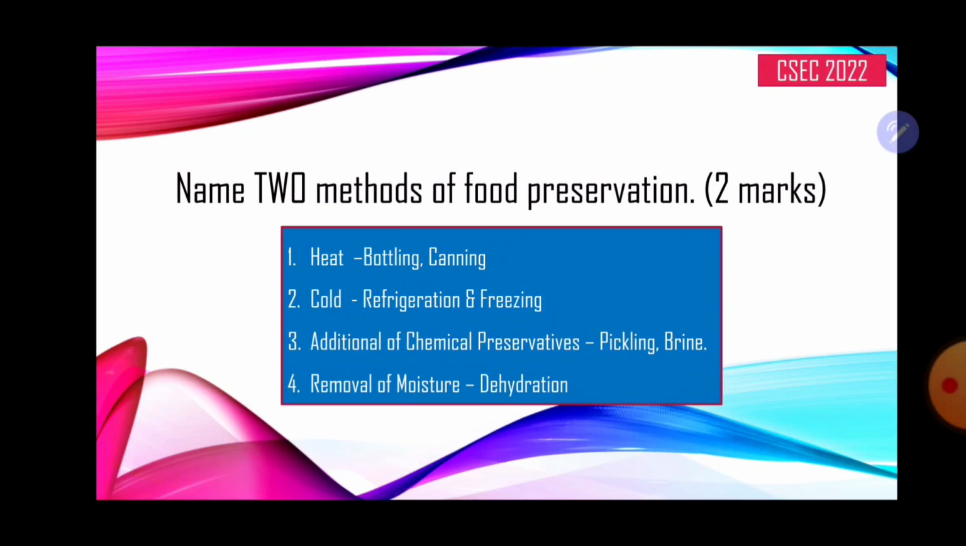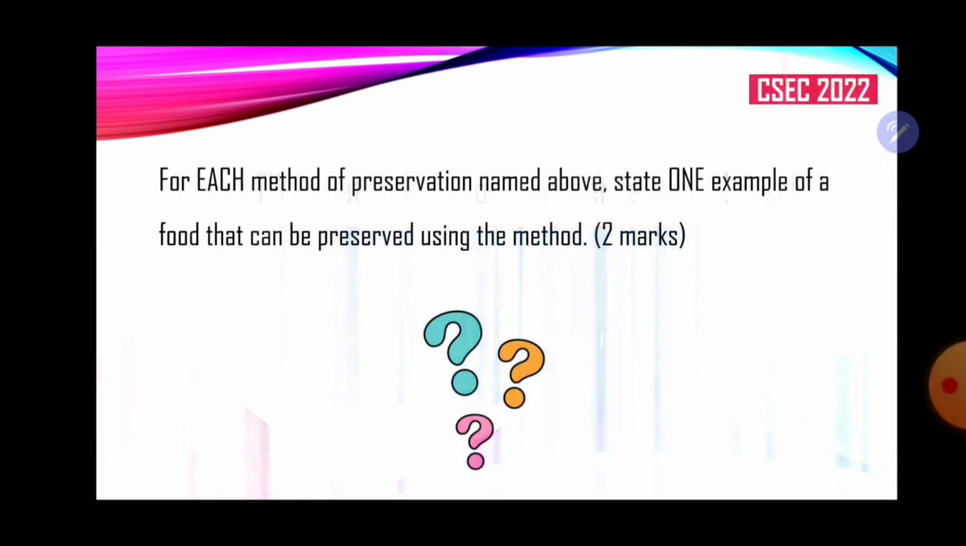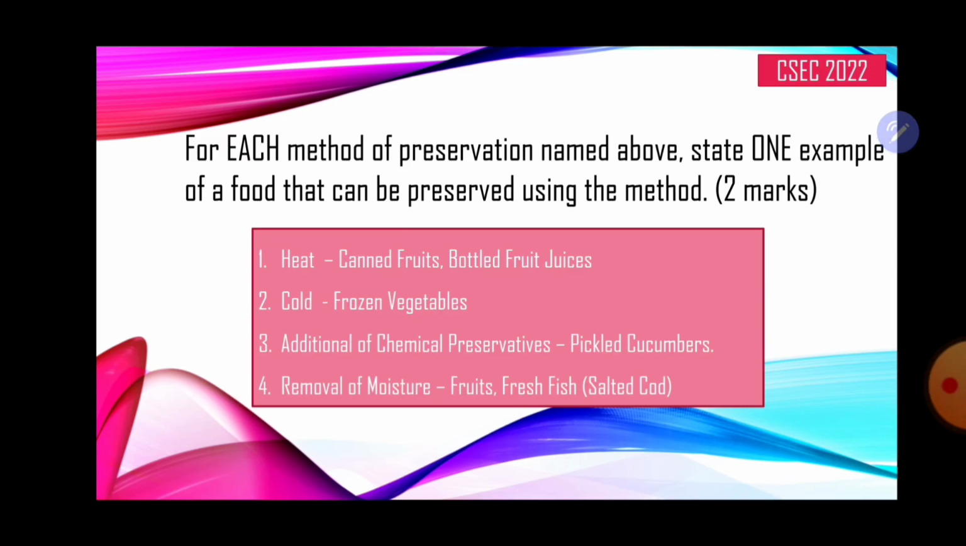Now, pickling is when we add certain vegetables to spiced vinegar, right? While brine, on the other hand, is a solution of salt and water. And number 4 there says removal of moisture, and an example of that is dehydration. For each method of preservation named above, state one example of a food that can be preserved using the method. 2 marks. So for heat preservation, we have canned fruits,